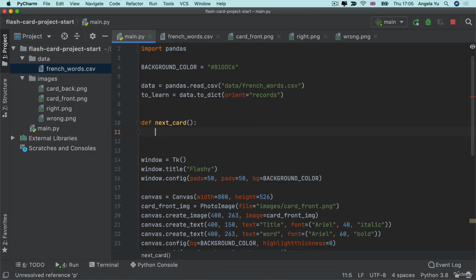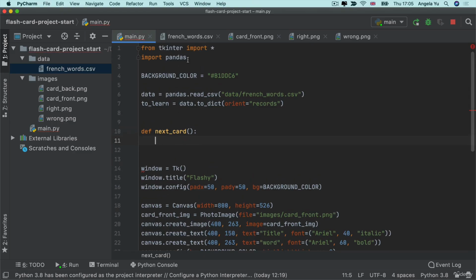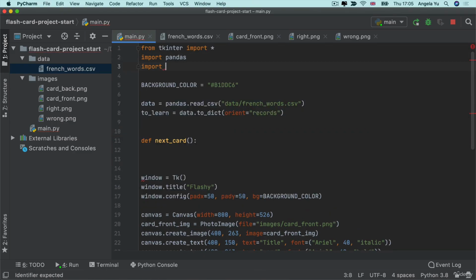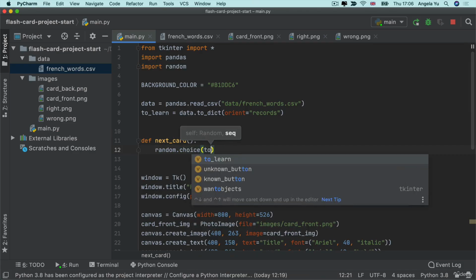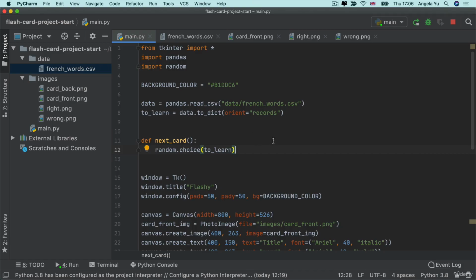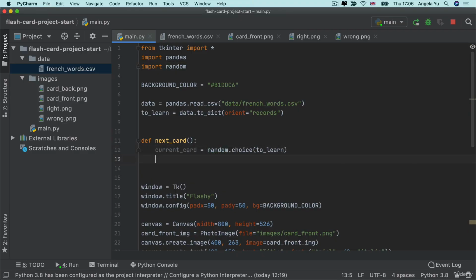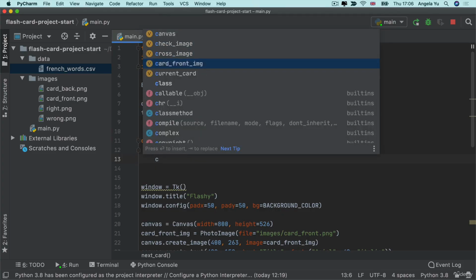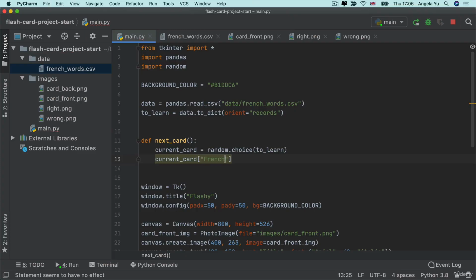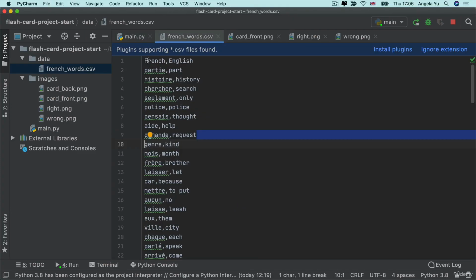So when the next card function gets called, then we're going to need to pick out some data from this dictionary. And the way that we're going to pick it out is randomly. So we're going to import the random module and we're going to use random.choice in order to pick out a random item from this list of words to learn. And once we've got a random choice, which we'll call current_card, then we can get hold of the data from this current card by saying current_card square brackets French. Remember that in this French word CSV, we've got a capital F and capital E, so our keys must match